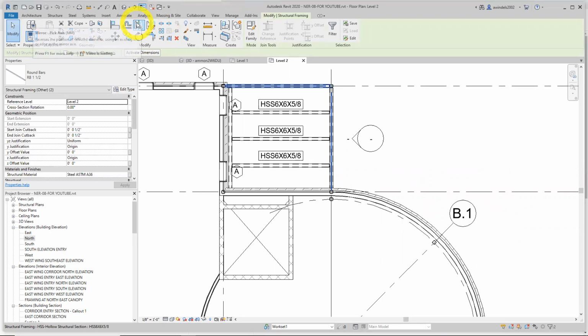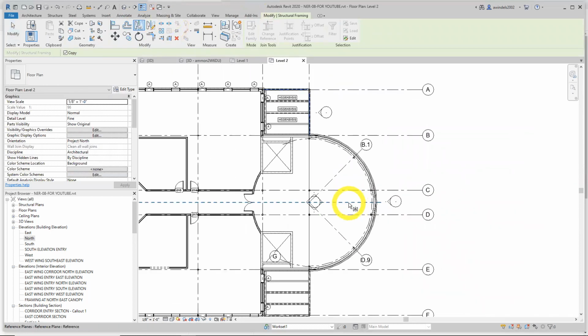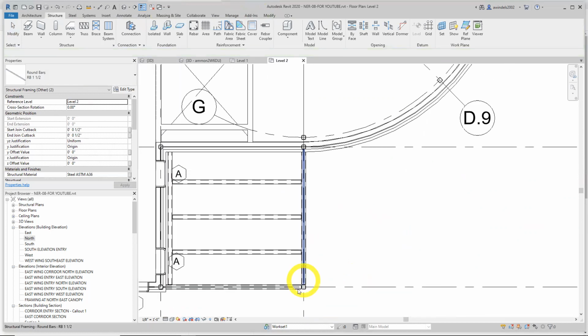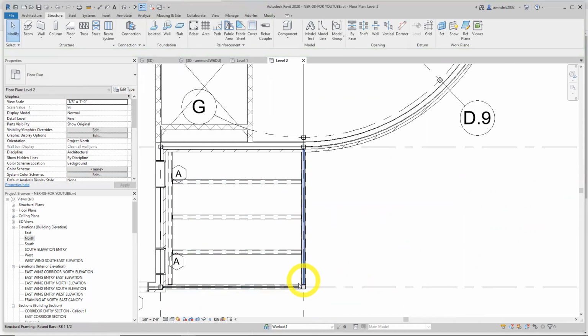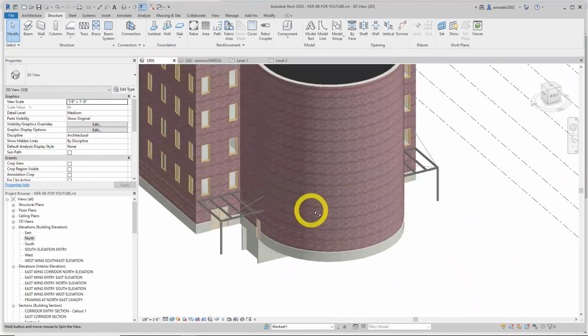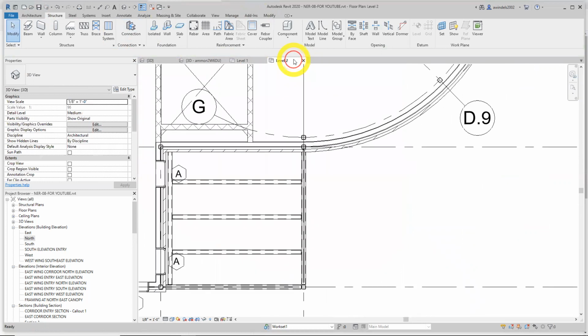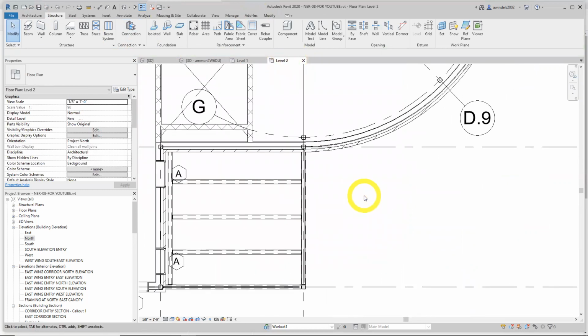Okay. Modify. Mirror, pick axis. Axis of rotation will be right here. Enter. Escape. They're in here. 3D view. Got them mirrored. Both sides. We're good on that step. And good time to save your model. We're going to jump into foundations,